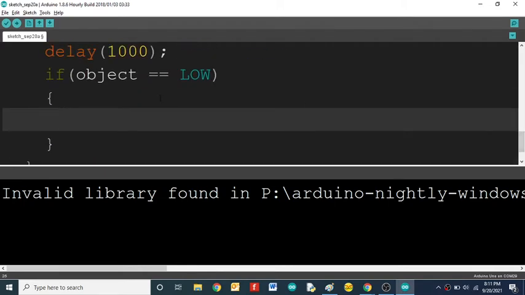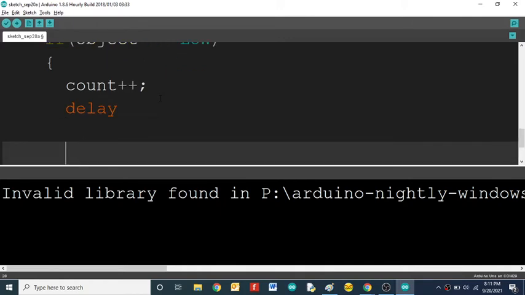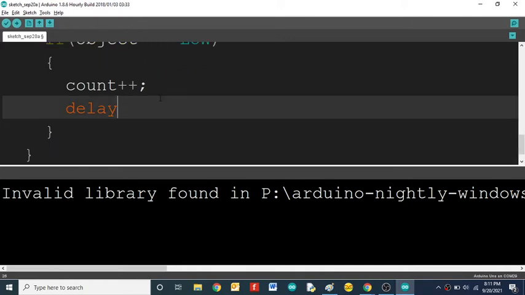After that I will go for a count variable, count plus plus, and after that use a delay of 500 or 1 second.